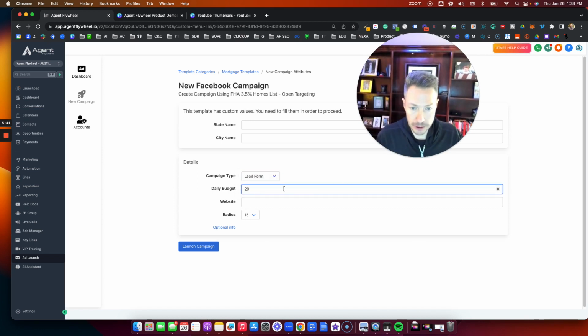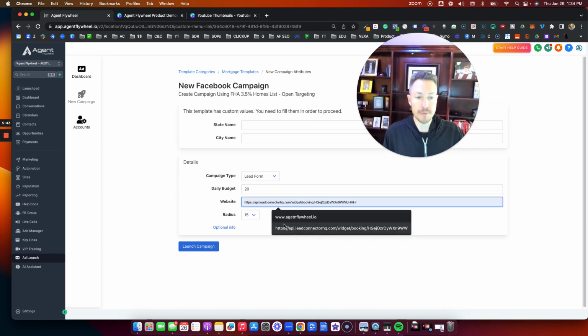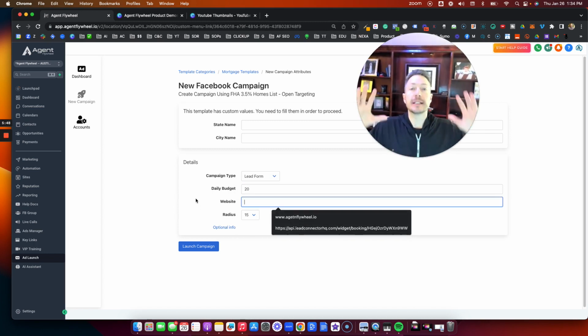So we'll just touch on that and then plug in our website or whatever that is right there. Now, this is designed to be click and go, as simple as possible. It's going to start with the radius of 15 miles of your physical location or the page address that your page is associated with. Now, let's say, for example, we want to expand on that, or we want to change